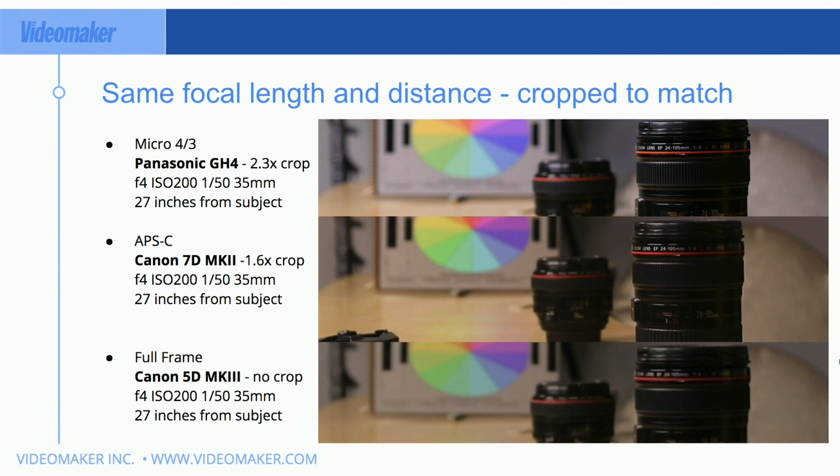So the larger sensor does not mean you get a shallower depth of field. However, it does mean it's easier to get a shallower depth of field at all focal lengths. So you didn't have to back up from your subject. You don't need as much space to make up for the crop factor of the lens. You just blew my mind.